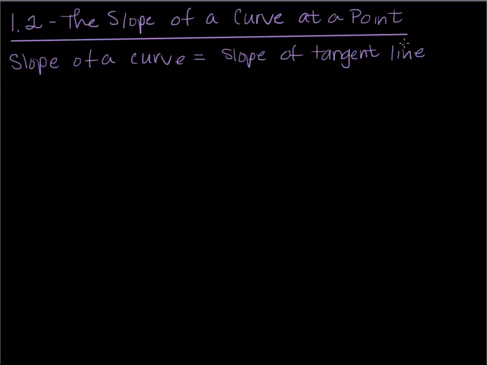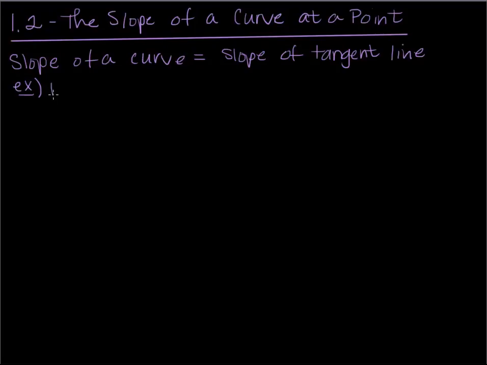Maybe we're graphing our distance from Rock Springs to Rollins versus time. If we want to know our rate of change, how fast are we driving? If I could find the slope of the tangent line at a certain point in time, that would tell me how fast I'm going. That's why we care about slopes of tangent lines. We're going to see later on how to actually find them. But for our first example today,